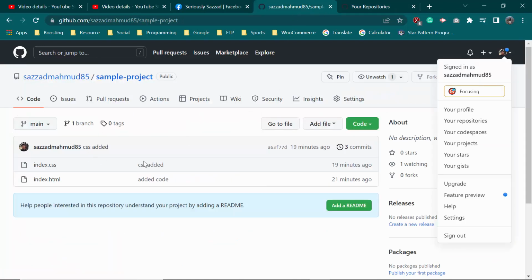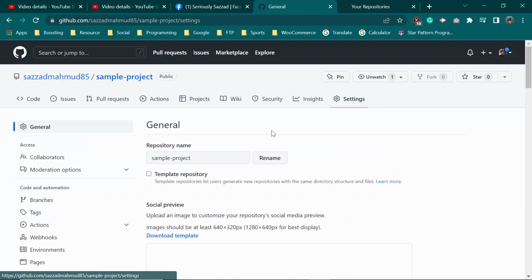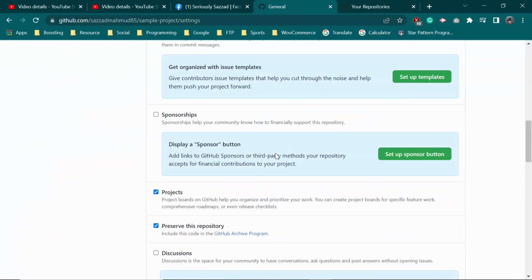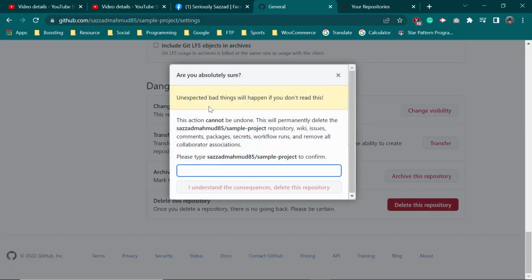Okay, so this is my project, and you can see on the right side there is a settings option. At the bottom of the settings you can see the option to delete this repository. Now click the delete this repository option, and it says unexpected bad things will happen if you don't read this. This action cannot be undone. This will permanently